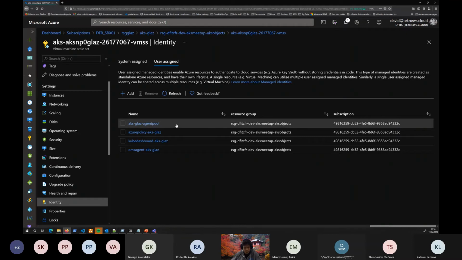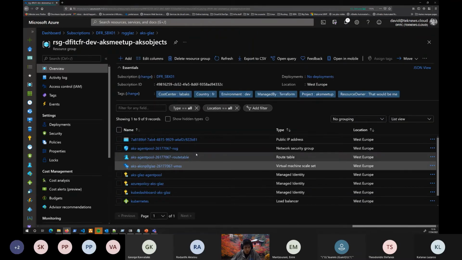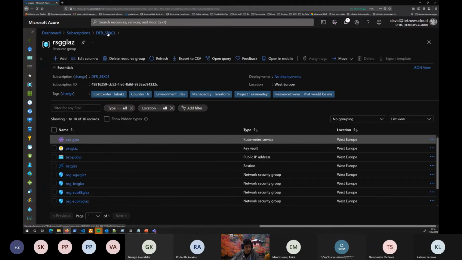So this is the one that is associated to my agent pool, and which corresponds, if we look into the documentation of the API, to the kubelet, and kubelet being, as you probably know, the agent on a Kubernetes node, which talks to the Kubernetes API server, and which is in this case everything that needs to be configured to make your Kubernetes node work. So we have a managed identity for kubelet, and this managed identity will be the one which is able to interact with Azure ID and with your pod. So this managed identity will need some specific authorization, which we need to grant beforehand by any means.